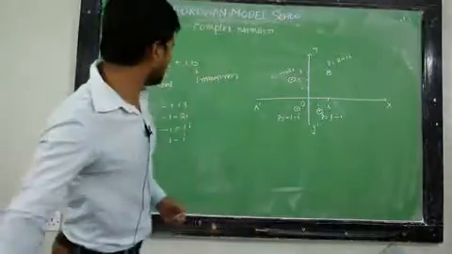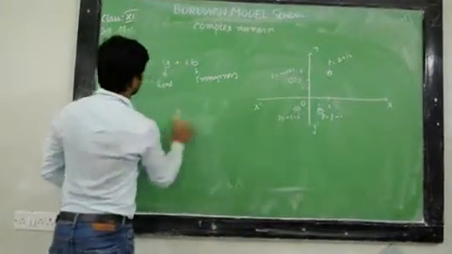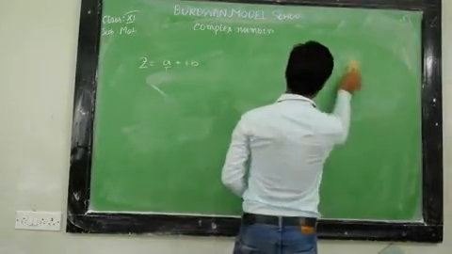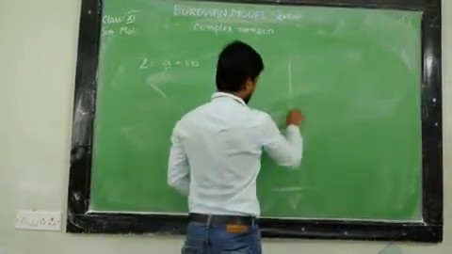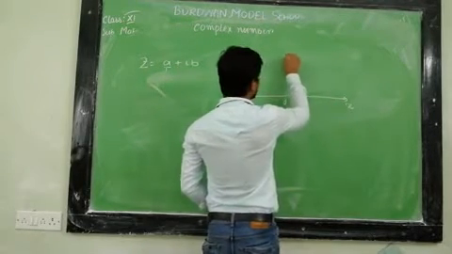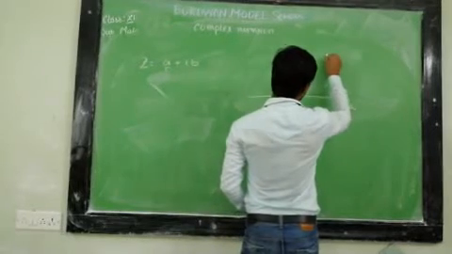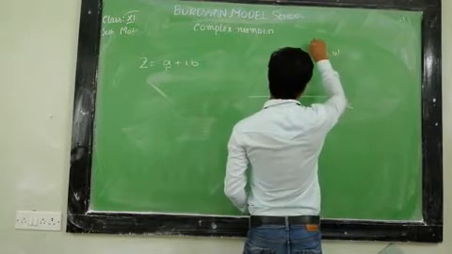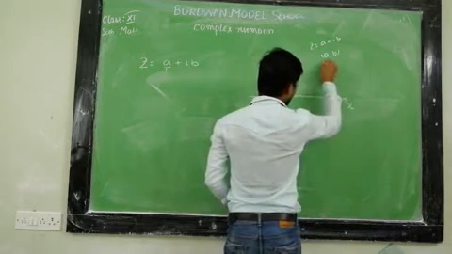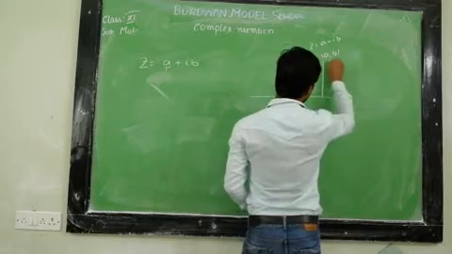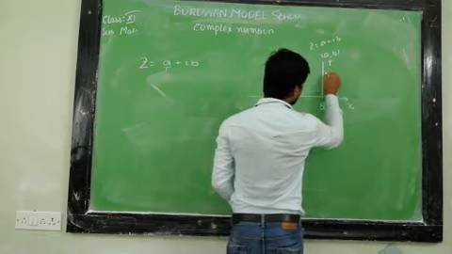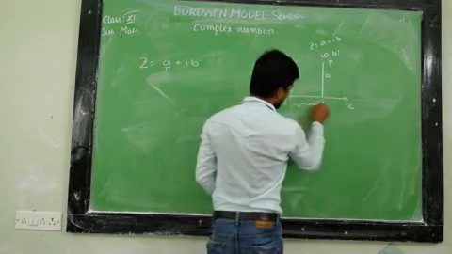So in general form, if we put this point a comma b, then this is our rectangular axis, this is the real axis and this is the imaginary axis, and this point is a comma b, or z equal to a plus ib. Means if I draw a line to the real axis, okay, so this distance is b and this distance is a,